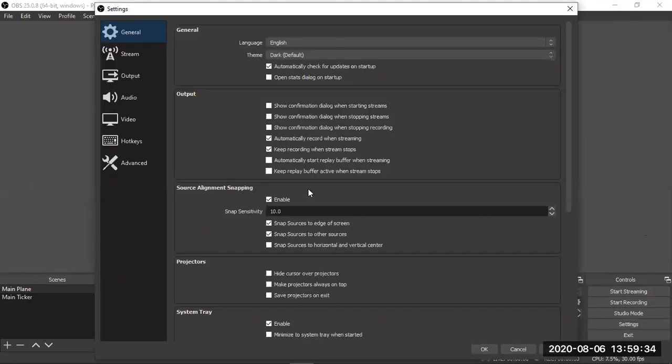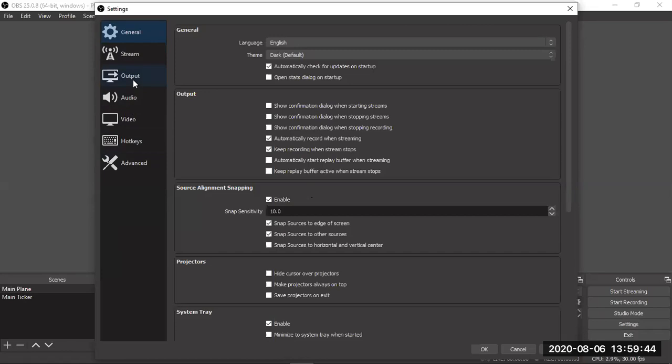Now for the simple recording part. For recording you have to do lots of things. Here you go into the option called settings. Under the controls, you have the option called settings. Everything I have given in the manual. Here you have different tabs: General, Stream, Output.